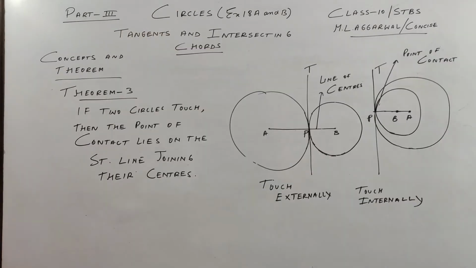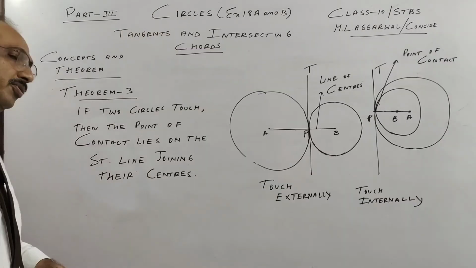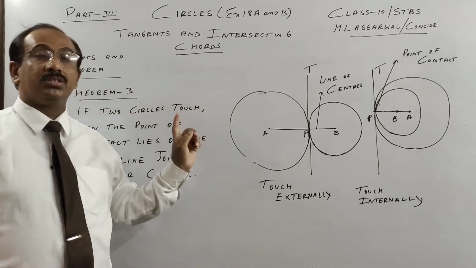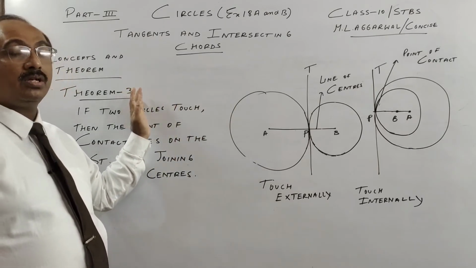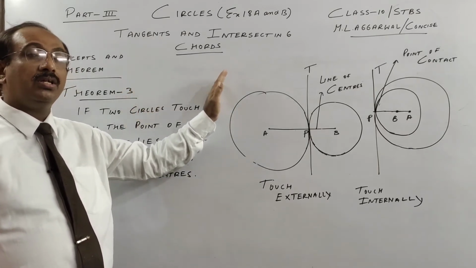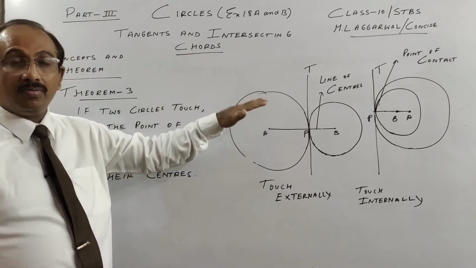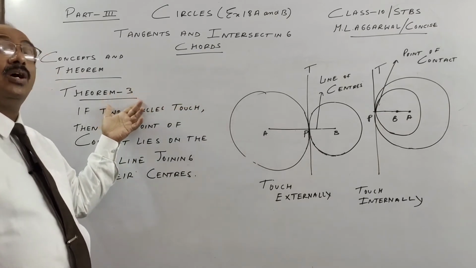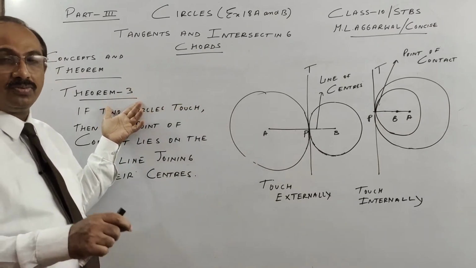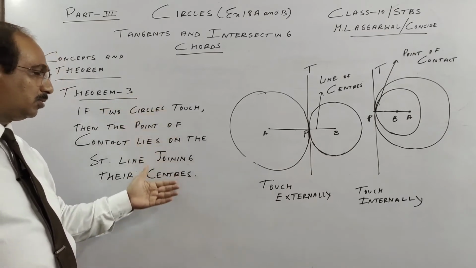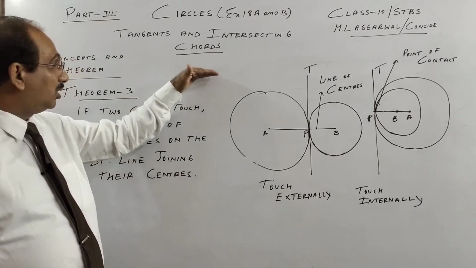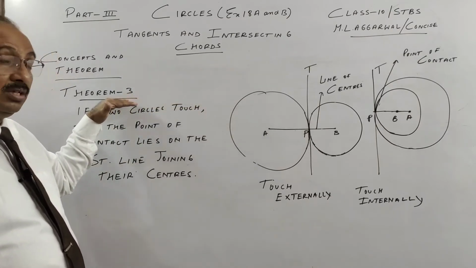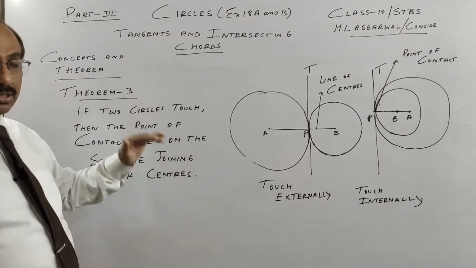So see how? And now we are going to see theorem 3. Actually, if you see the ICSE syllabus, this is the second one, and what I did as second is 3. So this should actually be number 2, and what I did as 2 is 3, which means the first 2 that I have done are in the syllabus. The first 2 are in the syllabus, and this one is not there in the reduced syllabus for this year. Anyway, I am just going through this in short, but the first 2 that I have shown you, 1 and 3, are in the syllabus, and this is the second one, which is not there at present.